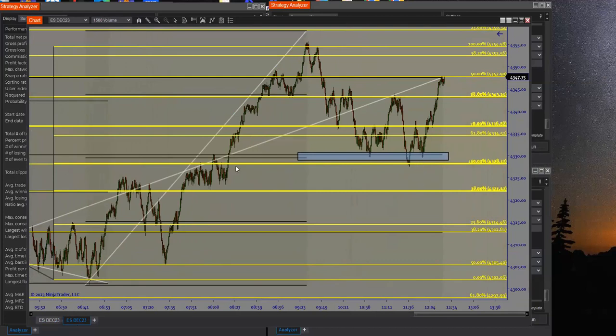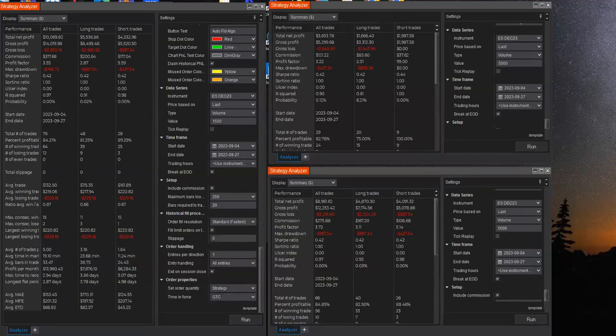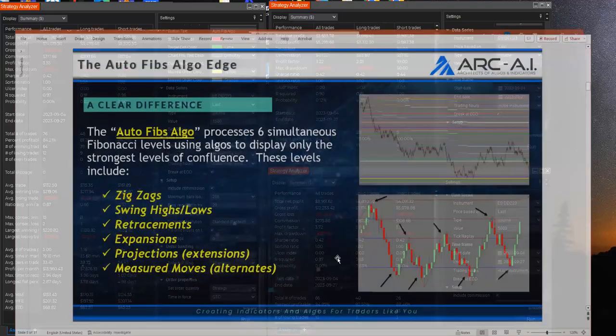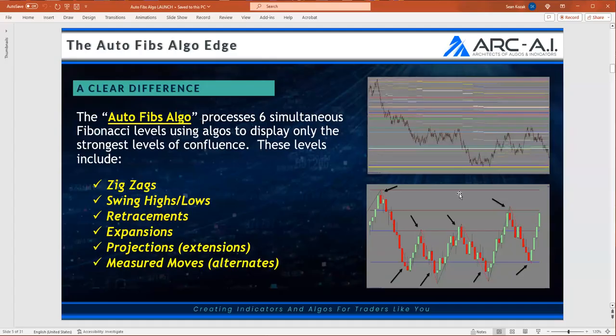Now, why is that important? Because it's everything. It's exactly what is the backbone to our algo. This is the backbone to the Fib Confluence software, which is why we've sold more licenses to this than any other software, including, it's in the top 3. It's the top 3 products in the business, period. There's a reason for it.